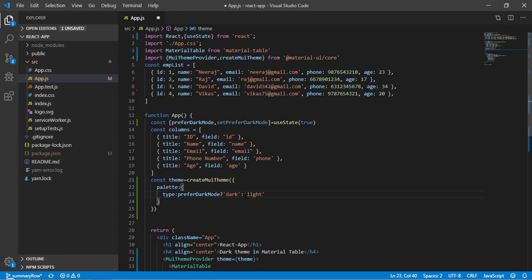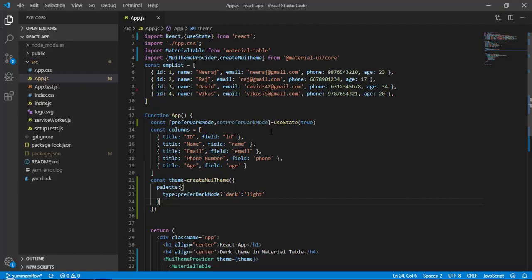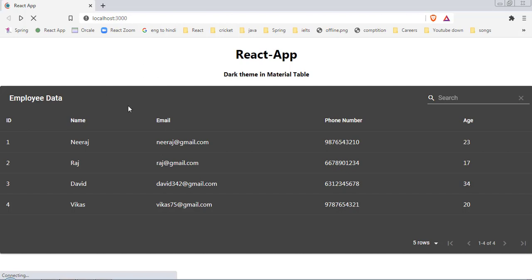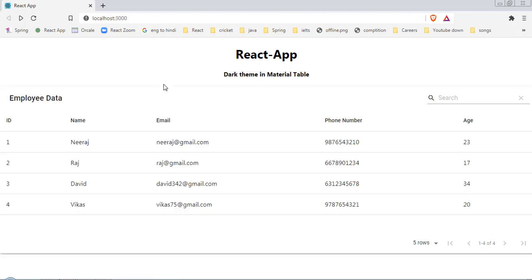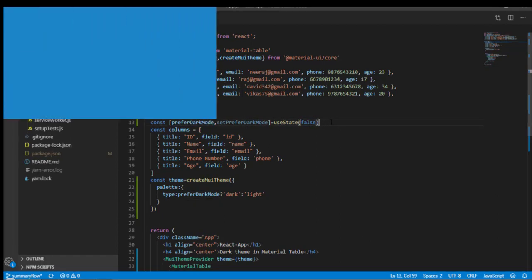Now let's save it and come back here. We are going to get this dark theme, but if I pass this value as false, I will get the theme as light, as you can see here. So now we have managed the theme based on this state, and now we have to change this state based on the switch.